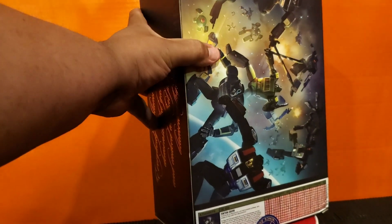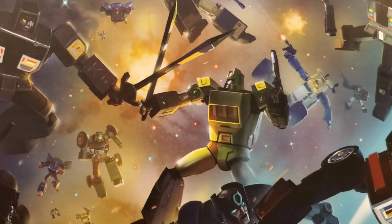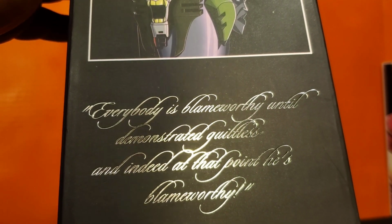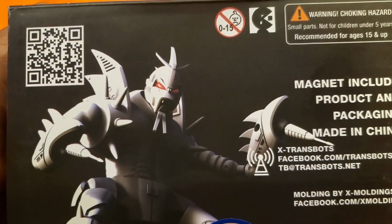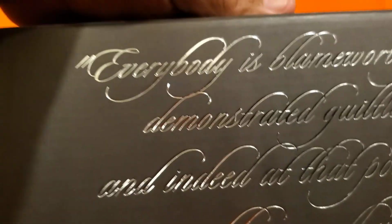Here we go. All right, let's take a look at the back here. You got all this nice art. Usually they try to hide little things that would be coming from them, what makes Xtransbots they'd always put in their pictures. I don't see the Desaurus though. That's kind of sad. We got on the side here, you got writing. Looks very nice scripted. There you go. On the bottom, the creator, Dr. Egg 86, and that is cool. I hope that comes to life because I will be getting that. On this side, you have some more